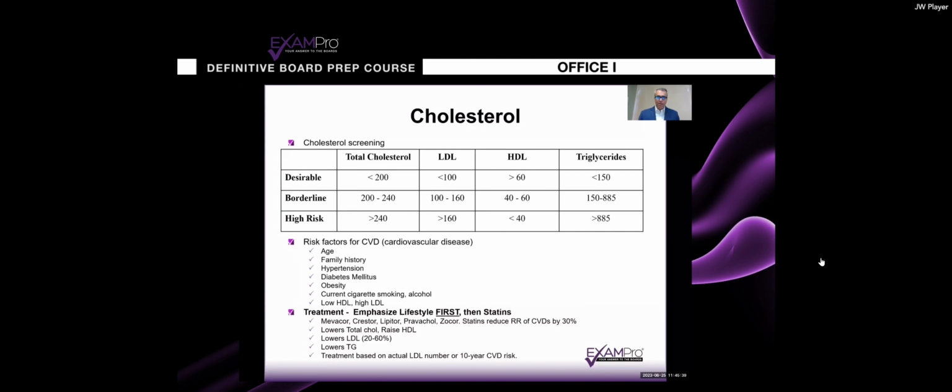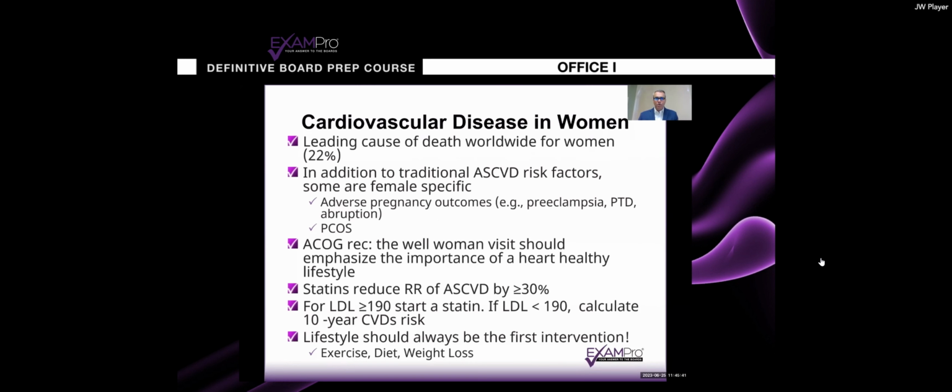let me go forward to this next slide. Very high numbers, like an LDL greater than 190, are a reason for cholesterol lowering therapy, but most patients are not going to be this high. And so what we're going to have to do is use some type of risk calculator. There are a lot of different risk calculators out there that take into account risk factors and allow us to